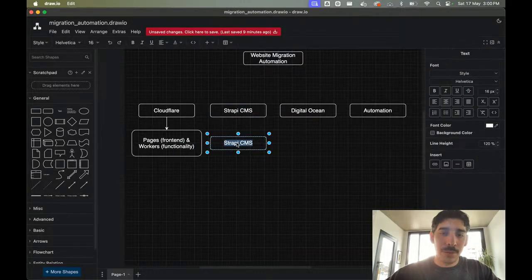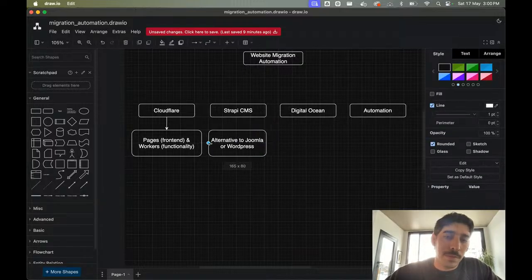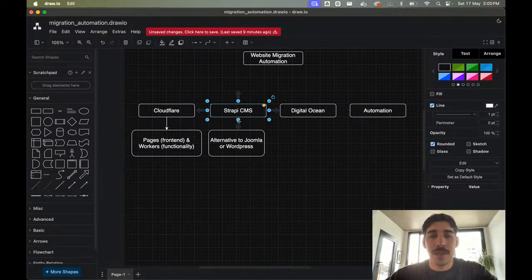We want to be using Strapi, which is an alternative to Joomla or WordPress. Nothing bad with those systems. It's just that I don't trust them. I don't know how to use them. I tried Strapi and I liked it, so this is what we are going to use.